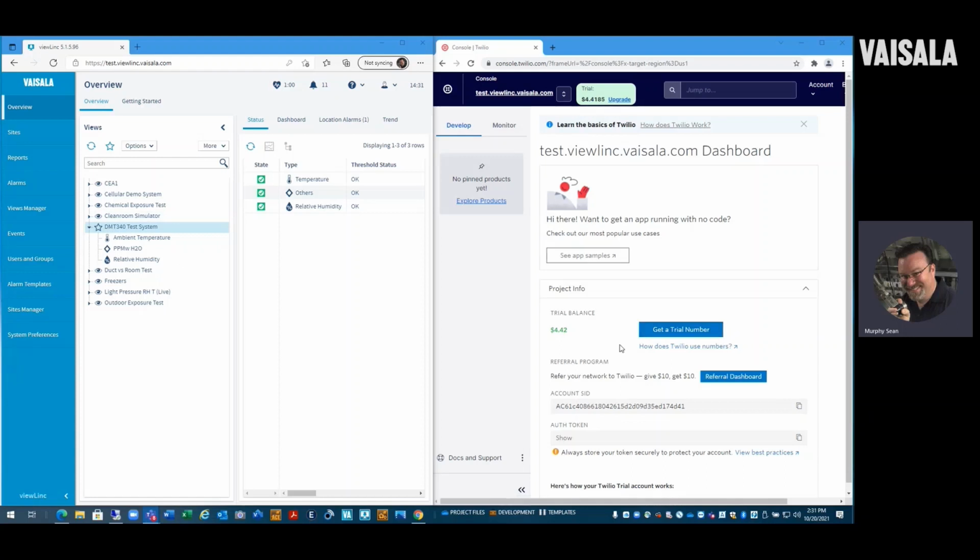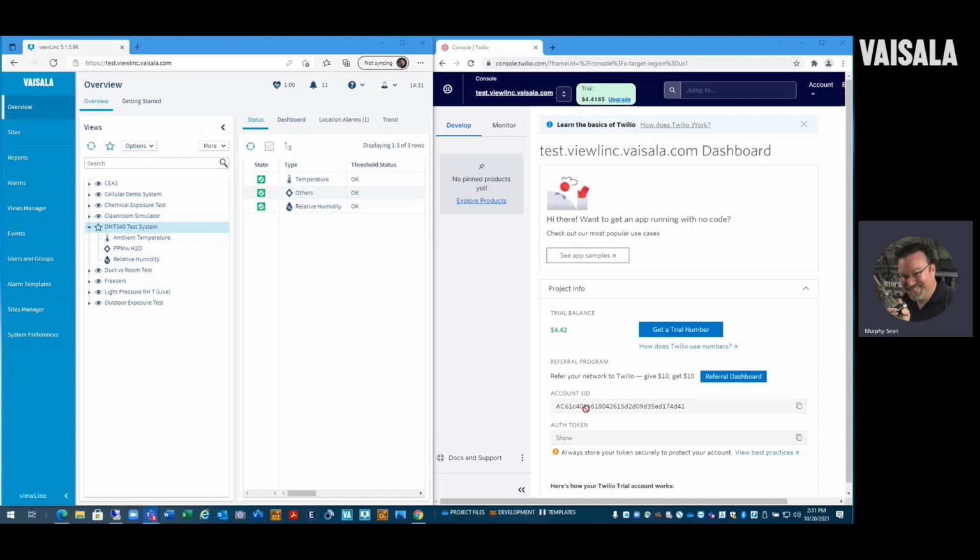Now, when you set up a trial account, it's only going to be for a few days. Essentially, the way Twilio handles this is that they give you use of a number for a limited amount of time to do some testing, and then they turn it off. So if you're doing testing with a large amount of time in between your tests, you need to come back in here and get a new trial number every time.